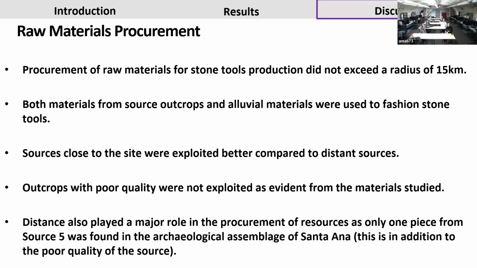So sources that were close to the site were exploited more, even though for sources like Sierra de Agua Vivas, which is going to take about 3 or 4.5 hours to get there, we still have some materials from there. The reason we attribute to this is that, apart from the fact that it has quality outcrops where materials could be gotten, you have availability of water almost every time. That's where you have the Marco River and the Sierra de Agua Vivas. So there are riparian forests and gallery forests around this area where we expect that game would probably have been hunted at those times too.